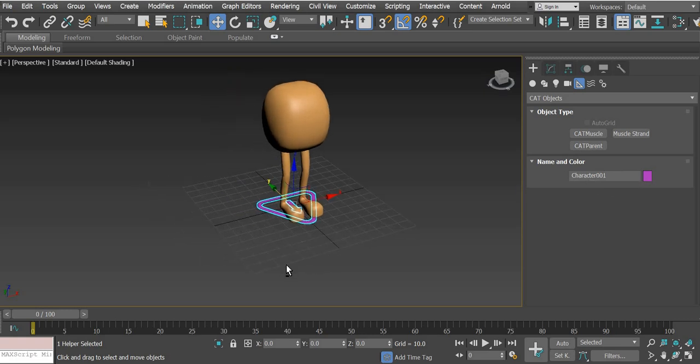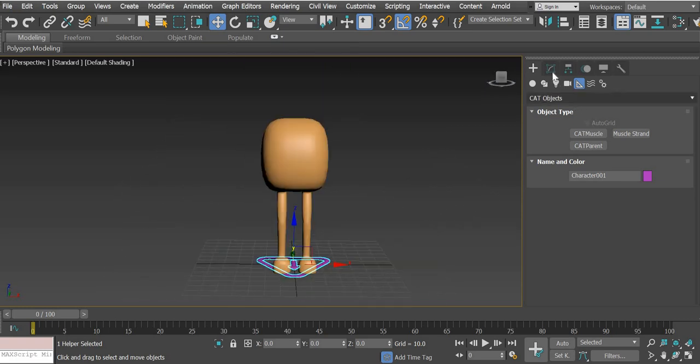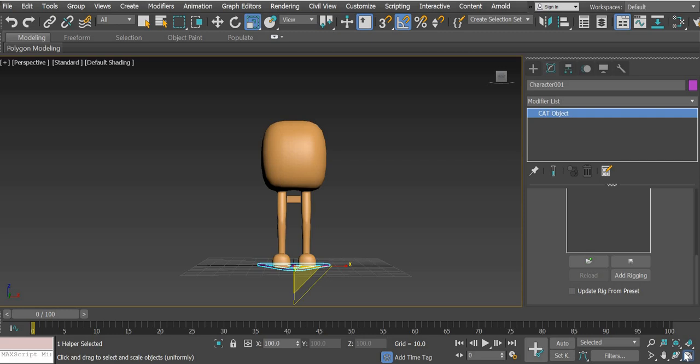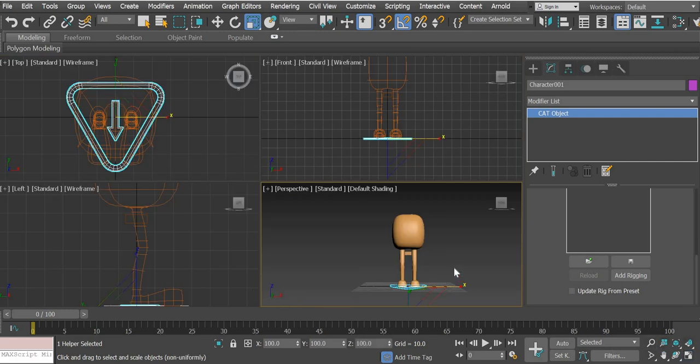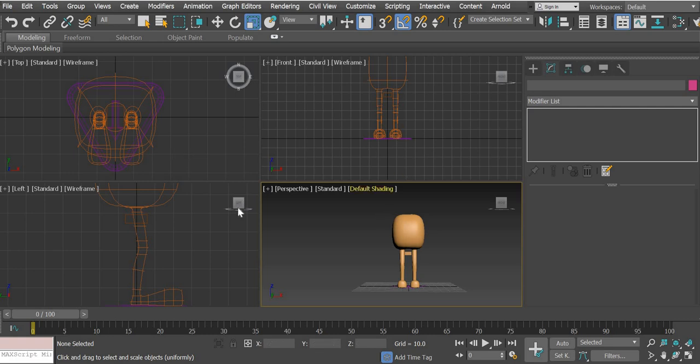If you want to rename, you can rename it as well. Okay, then we'll go to the motion panel, modify panel, and here there's an option to create pelvis. So a pelvis is created. Let me see if I can scale this. It doesn't help. So the pelvis is now not in the right place. So what you can do is select the pelvis,